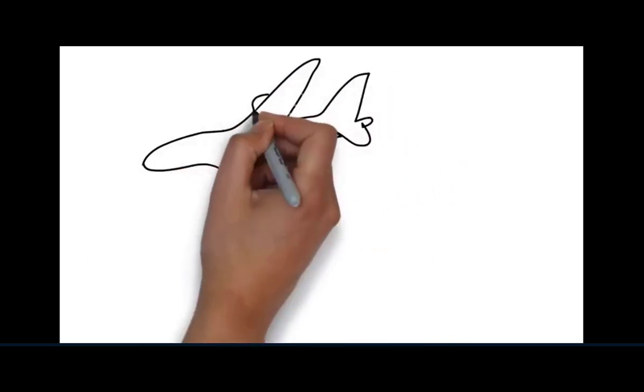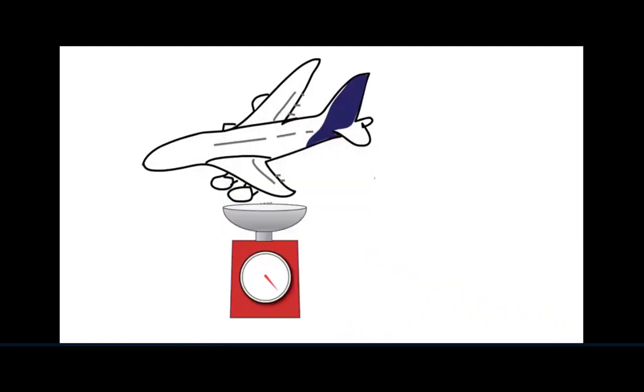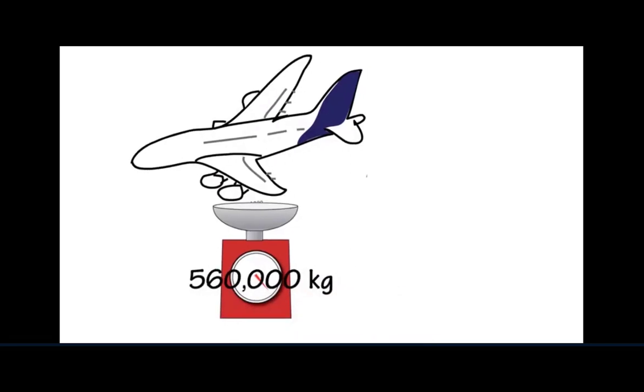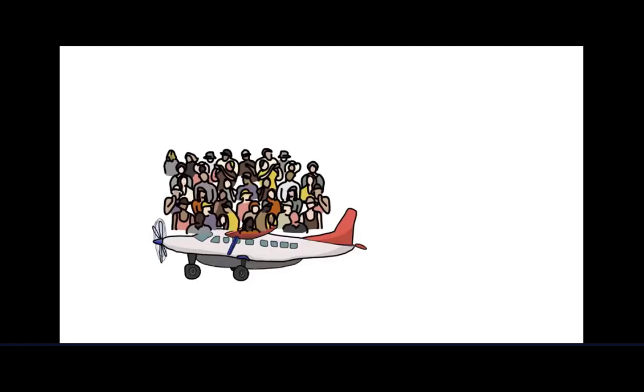Today's question is, how do planes stay up in the air when they are so heavy? Planes are pretty big machines. The world's largest passenger plane is the Airbus A380, which can weigh as much as 560,000 kilograms. That's a lot of plane to get into the air and keep it there. Even smaller planes with all their equipment and passengers and baggage are pretty heavy things, so how do they stay